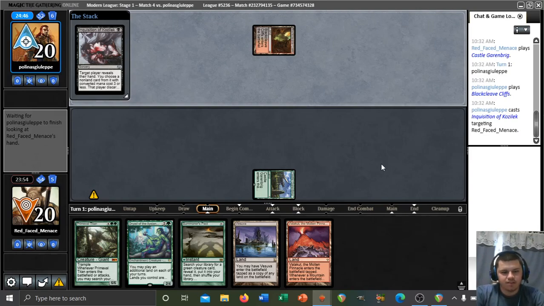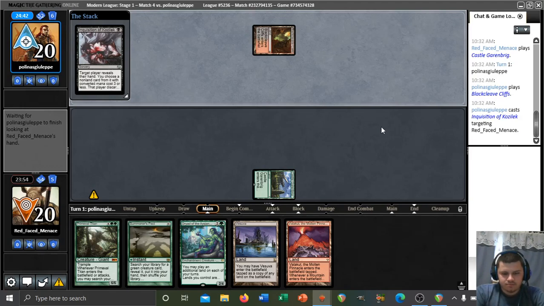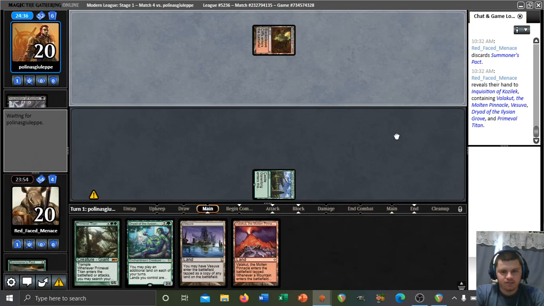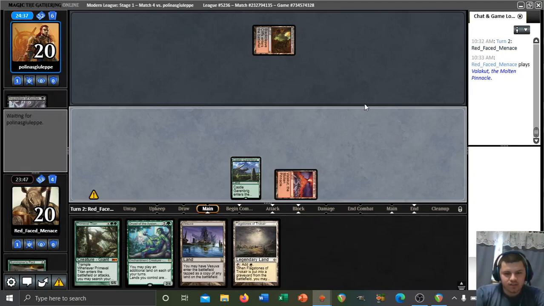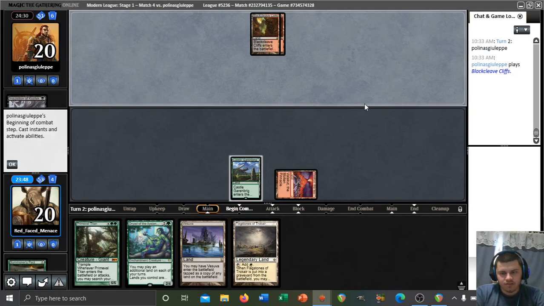Inquisition is interesting. They're probably going to take our Dryad here, I would think. I don't know. It's up to them. They could just kill our Dryad as well. So I guess that's the reason why they're taking Pact, is they have a plan to deal with the Dryad here. We'll throw out this Valakut. Vesuva copying Valakut may not be very relevant. We'd still need to hit another 2 land drops for it to matter, so...